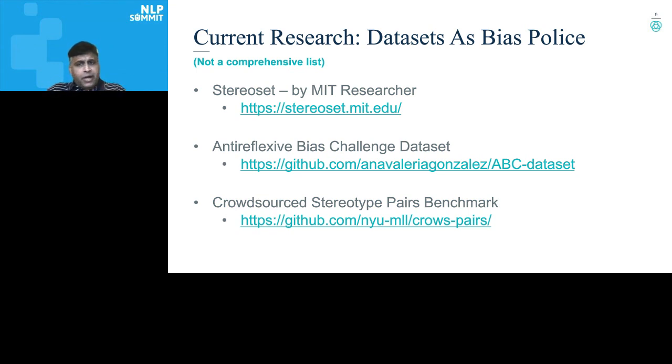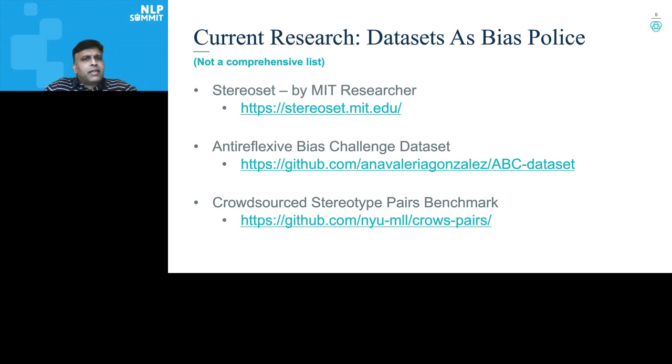This data set is created for detecting gender bias that leads to unambiguously wrong model predictions. Okay, and this is fairly common in some of the European languages like Russian and Swedish. So this is a pretty good data set you want to use, especially when you're targeting your NLP models in those languages, in European counterparts. And finally,